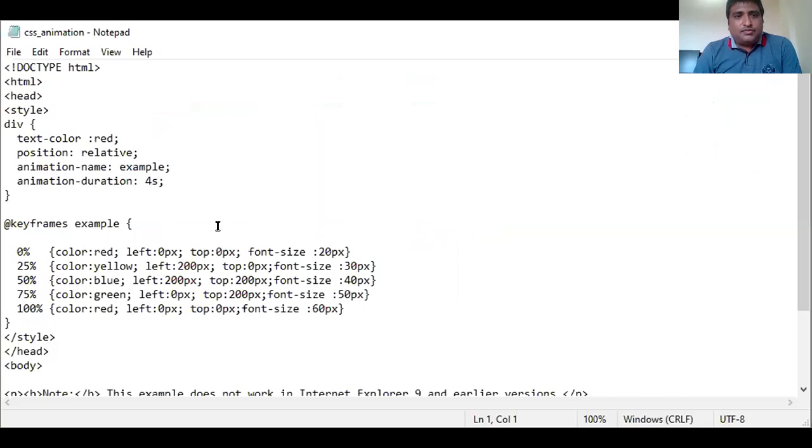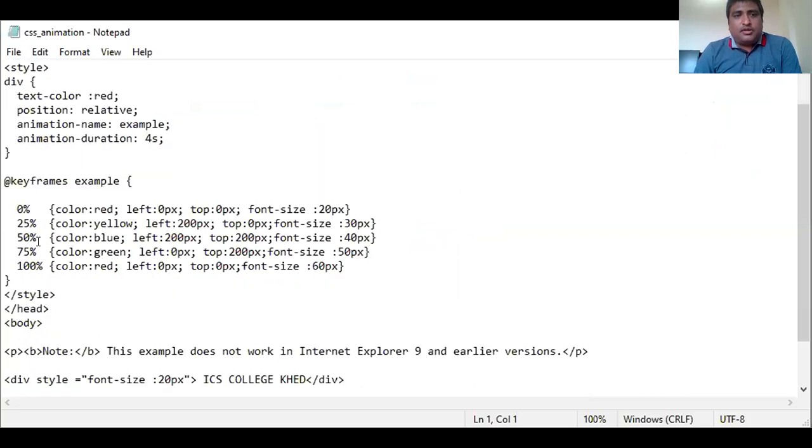So here we write the code for the keyframes. At 0%, when the animation performs 0%, then color red, left is 0 and top is 0. That is, it's at initial position. At 25%, its color becomes yellow. Its left position is changed.